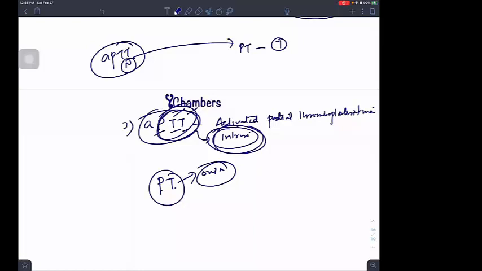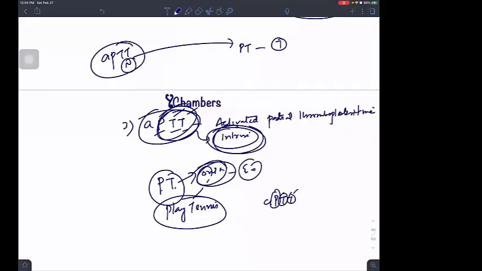So PT evaluates which system? PT evaluates your outside system. Play tennis is outside. I remember it like this. That means the extrinsic system. APTT, play table tennis, is inside. So inside means I play table tennis inside. That is the intrinsic coagulation system I will be testing with the APTT.